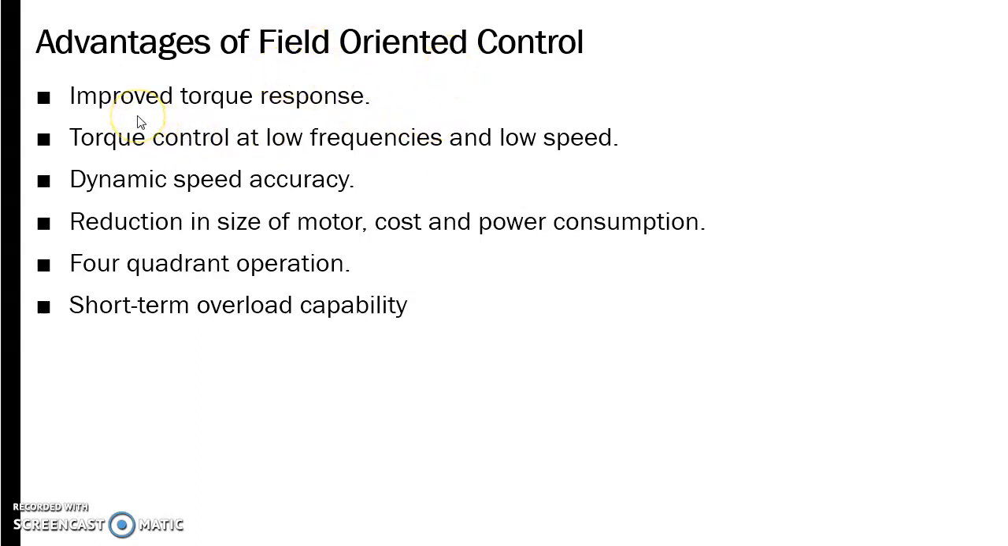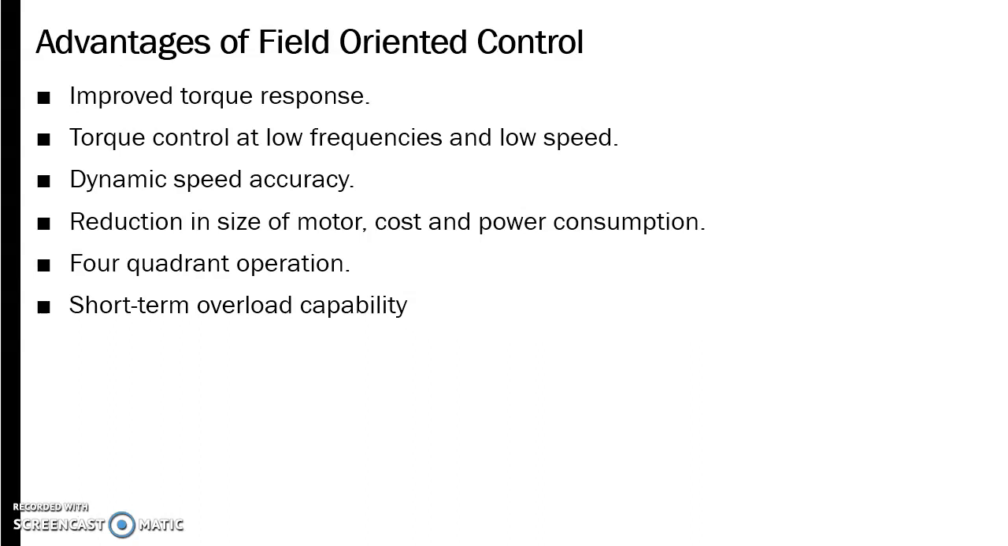It has improved torque response. We have separate control over the torque at low frequencies and low speed, dynamic speed accuracy, reduction in size of motor, cost and power consumption. 4-quadrant operation is possible, and it has short-term overload capability. So these are some of the advantages of field-oriented control. And finally, the last part, we are moving on to